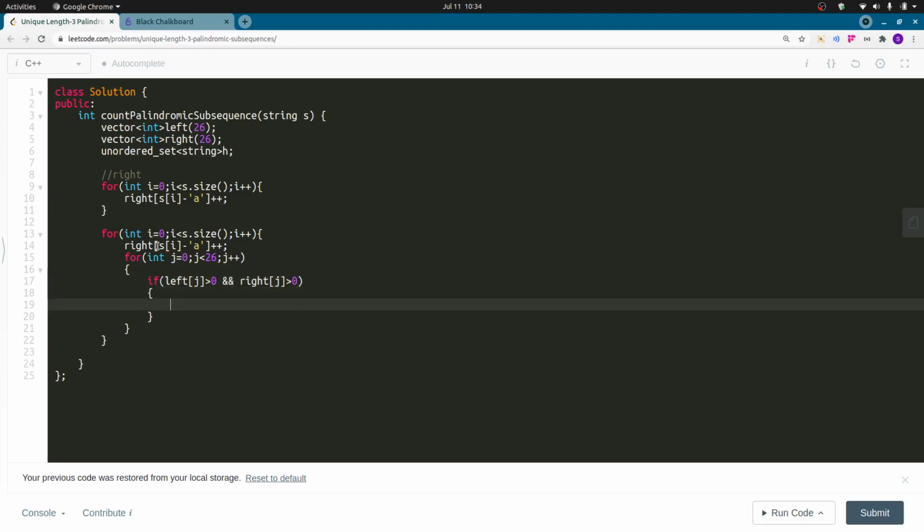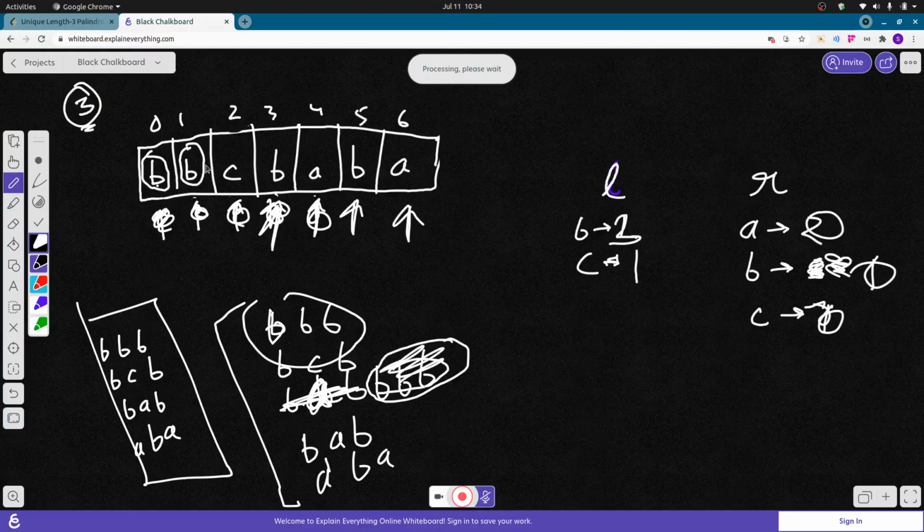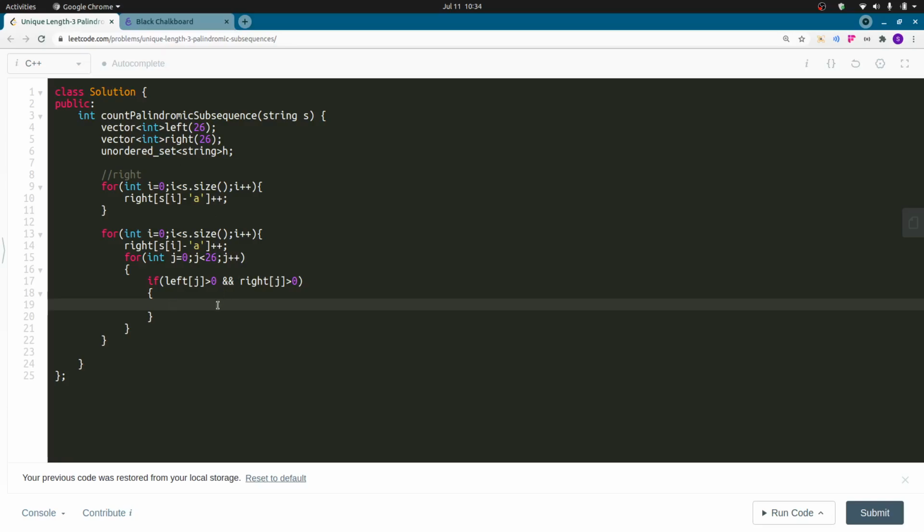This basically means that if, suppose, b is greater than 0 in left and b is also greater than 0 in right, in that case I will go inside my if, and I will get the character, let that character be x, the character that should be present at position j. So it will become 'a' plus j.